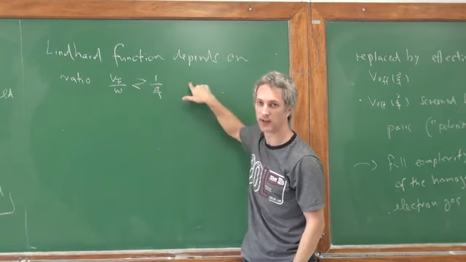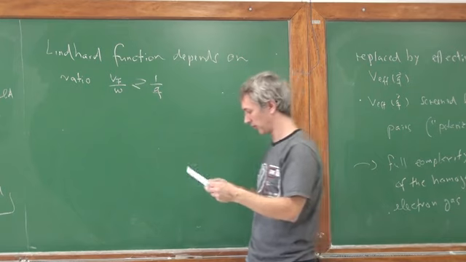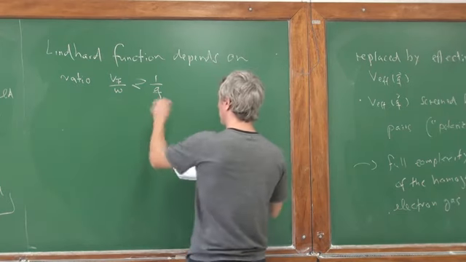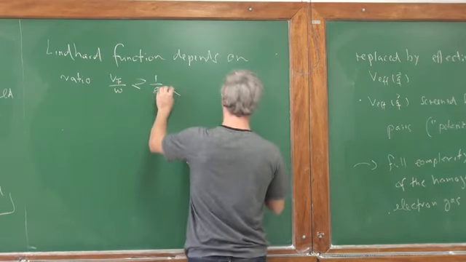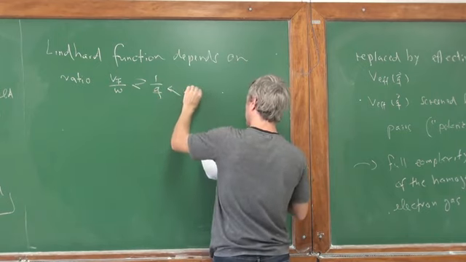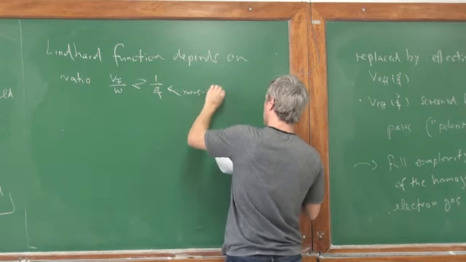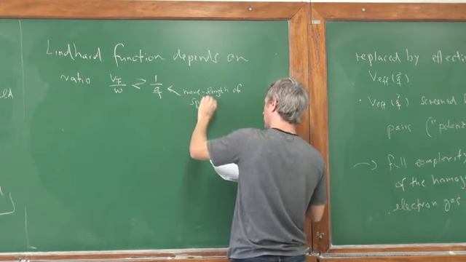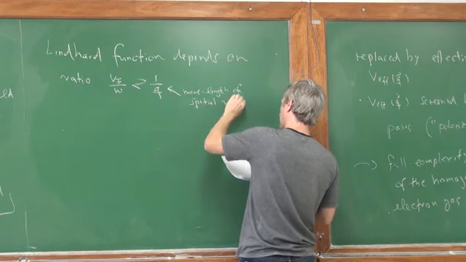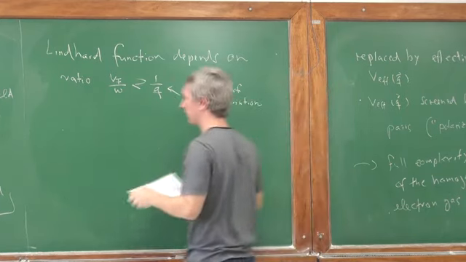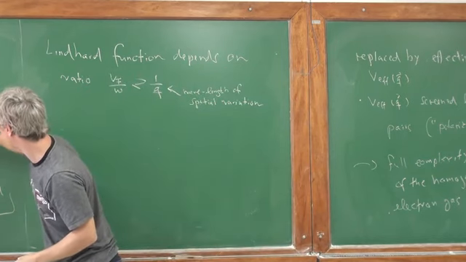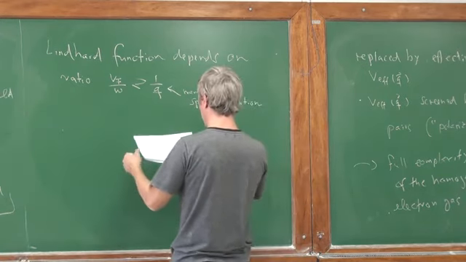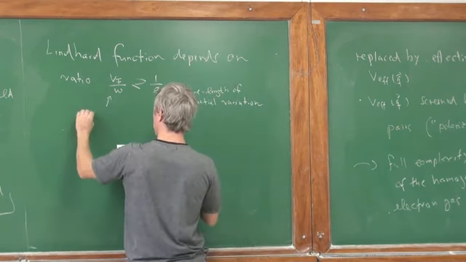This is a length scale and this is a length scale. This would be the wavelength, the spatial variation of the potential that you're applying or you're looking at. And this here is, let's say, the distance